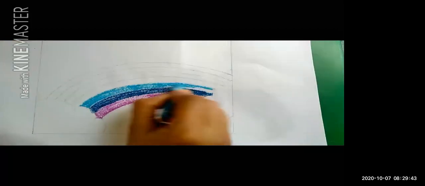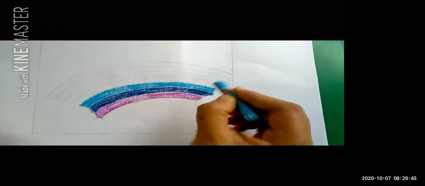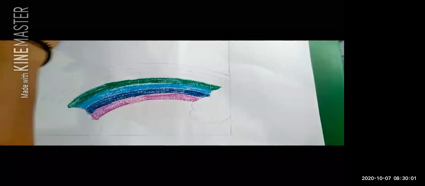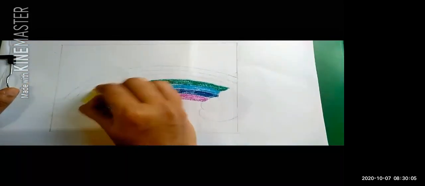After that, my third color is blue color. So here I have used blue color for the third curve. After that, which is our next color, children? Yes, next color is green color. In this way, children, you can give the colors according to the rainbow.